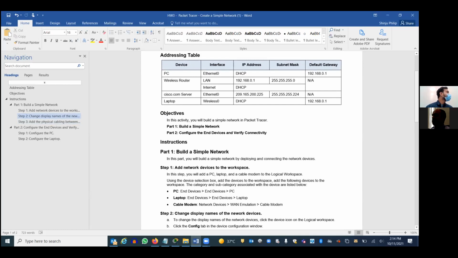Check your VPN. Put your view. Week 8, create a simple network. It's on week 8. Open the file. Create a simple network.